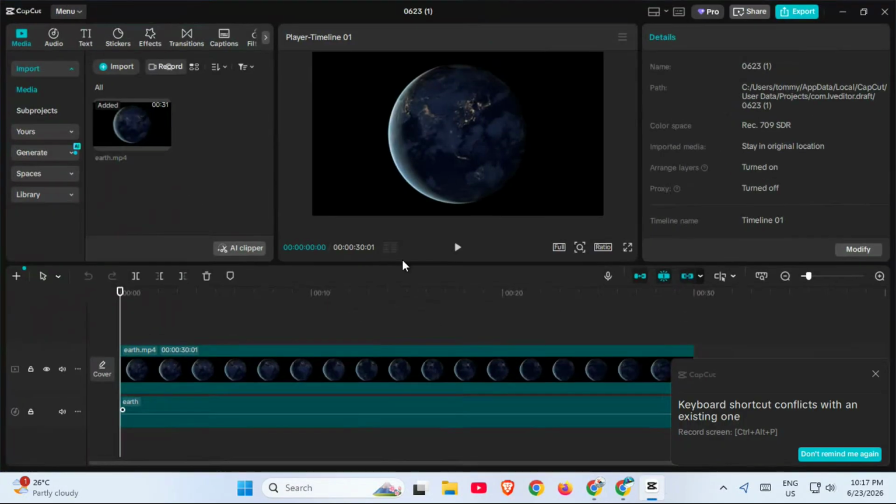If CapCut is freezing on your computer, don't worry. This is usually a quick fix. In this video, I'm going to show you how to fix the CapCut freeze problem step by step so you can get back to editing smoothly. This method is simple, fast, and works for many users who run into lag, stuttering, or complete app freezes while